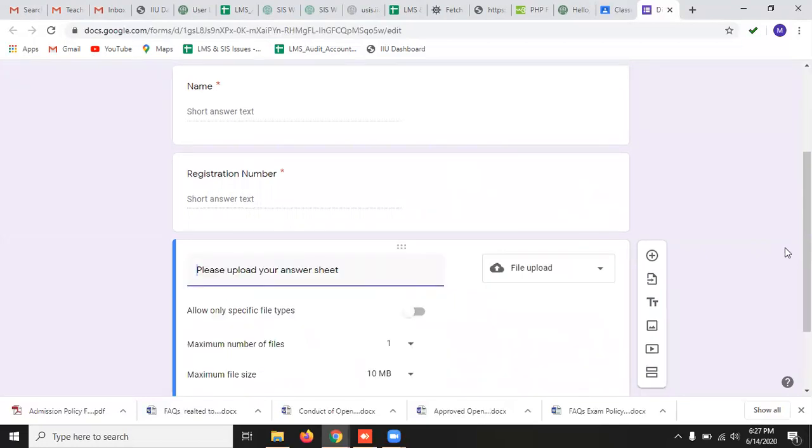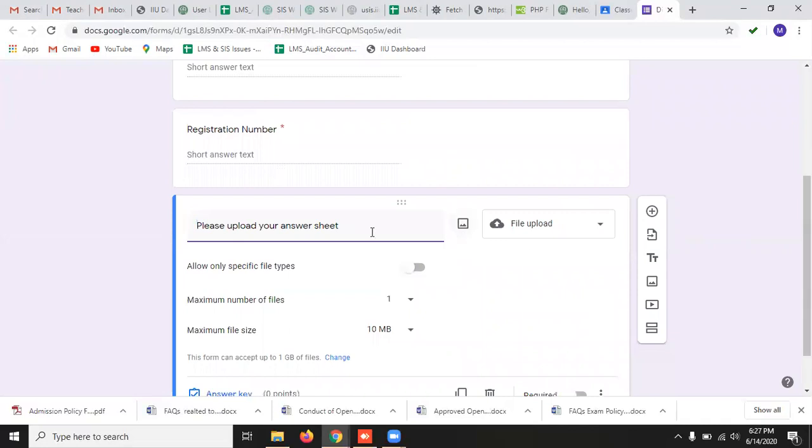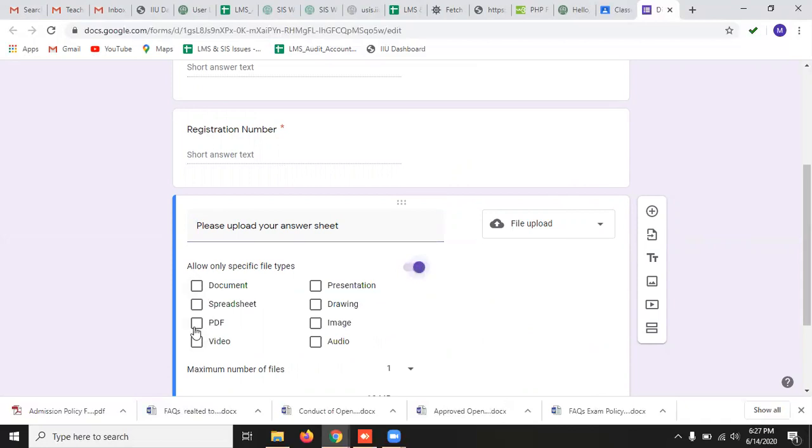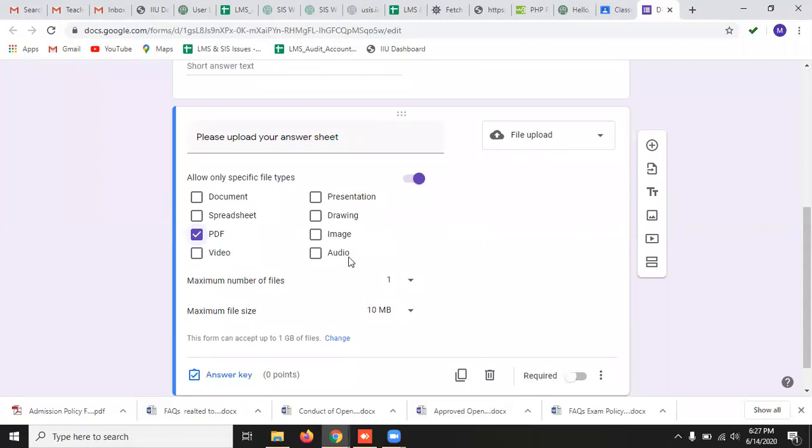It will ask you to set certain other properties. Enable this option, allow only specific file types, and click here as PDF. Student is only allowed to upload PDF files. Maximum number of files is 1 and maximum file size, set it as 10 GB.